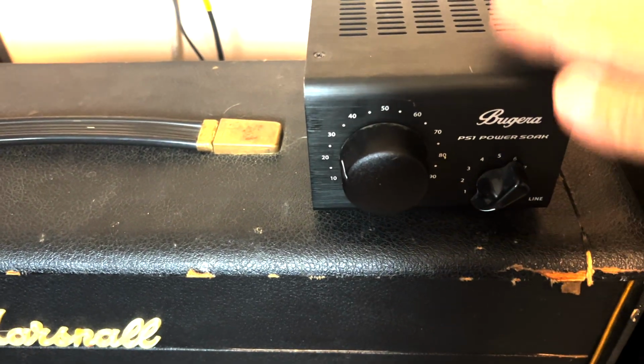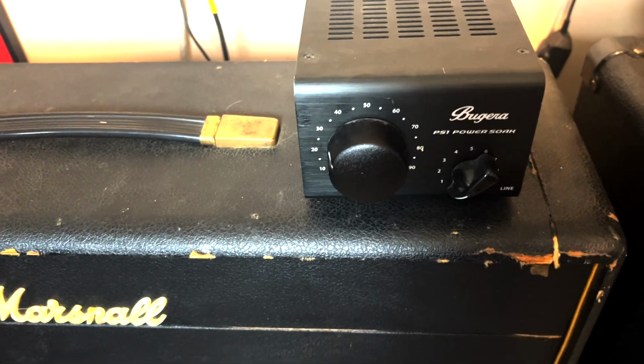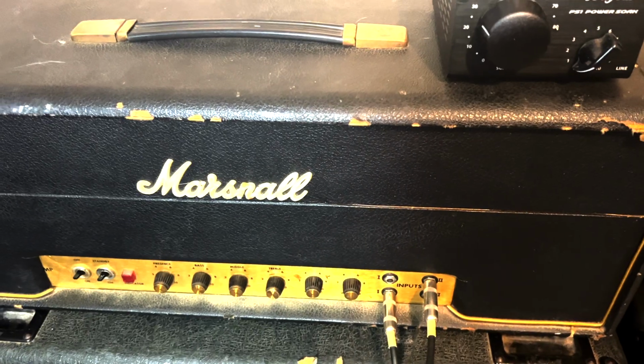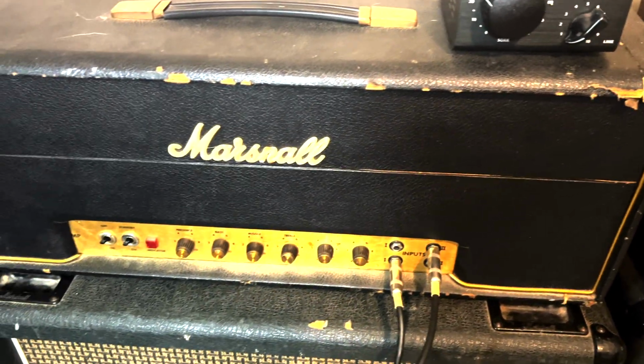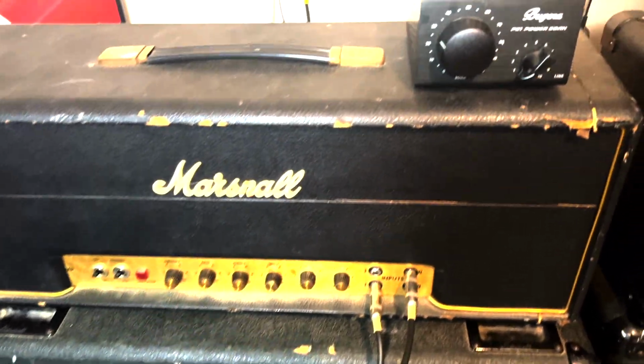I don't use this a whole lot because I've heard stories that power soaks will cause your tubes to go bad quicker, that it makes the amp run a lot hotter than it should. I don't know if any of that's true. There's enough people online saying that is the case. So I really don't use it a whole lot, but anyway, we're going to run this